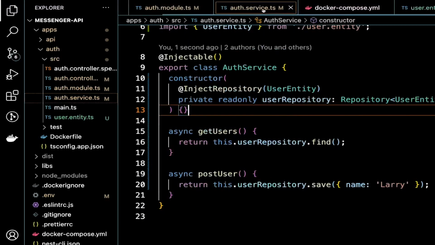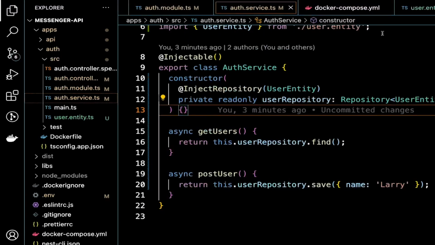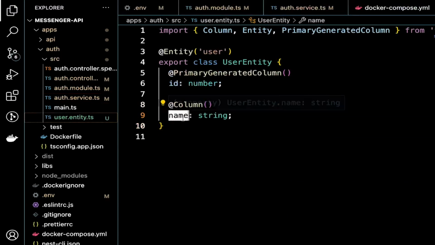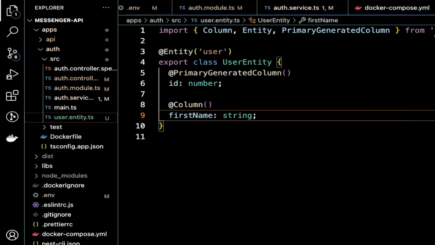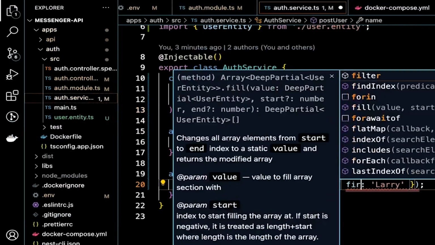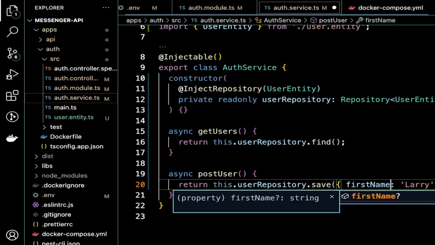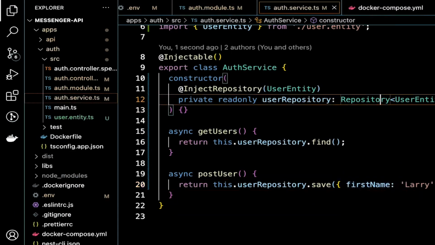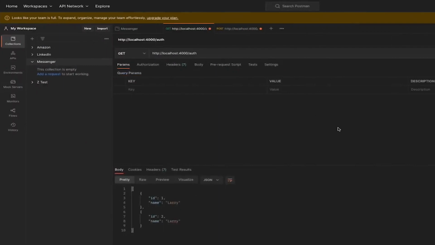Let's just say I'm in the auth service here, and I want to change this from name to first name, let's say. And we save that, and then we come here, and then we save this to first name. And then I go ahead and save that. If I come into Postman, and I make a GET request, we see that it's automatically changed things to first name. So that might be what you want, but there should be a little bit more surveillance, let's say, a little bit more,